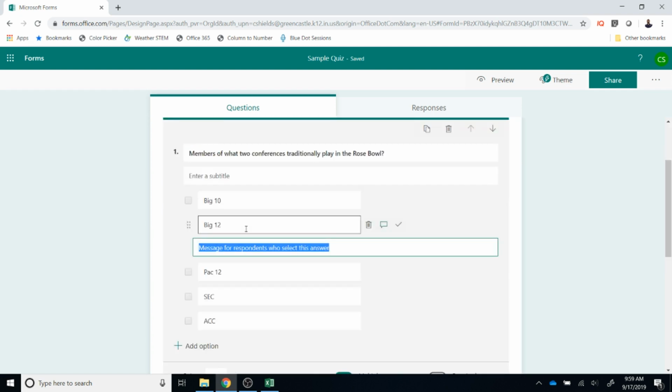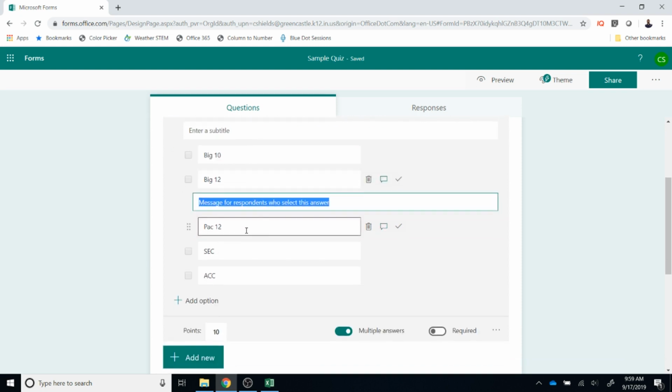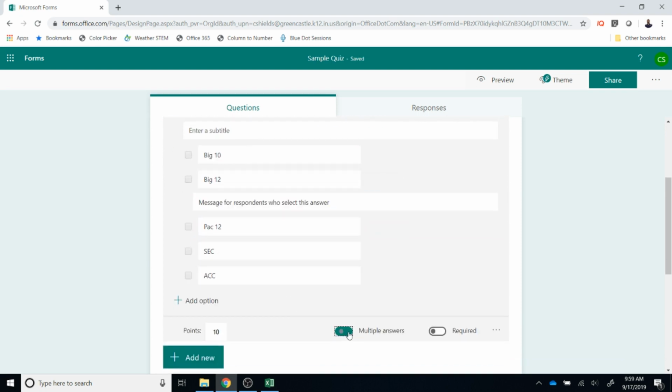Question number one is a multiple choice question. However, it has two correct answers. So I would want to toggle on the option that allows multiple answers, and I can do that right here. I would also want to toggle on the option to make this question required because I want students to answer